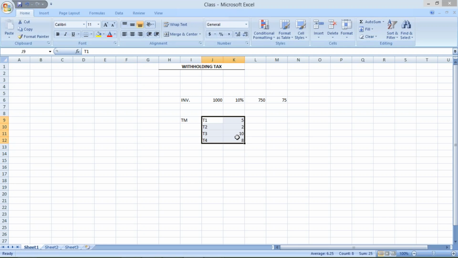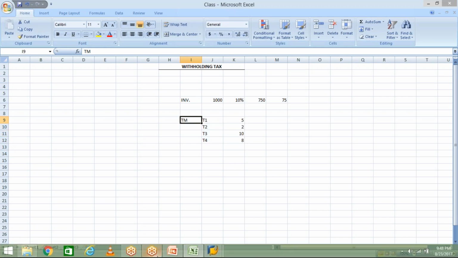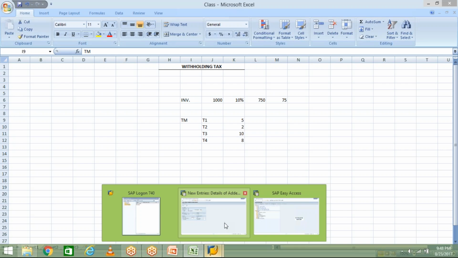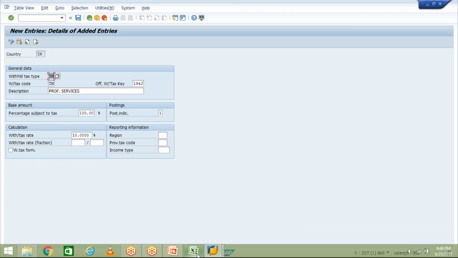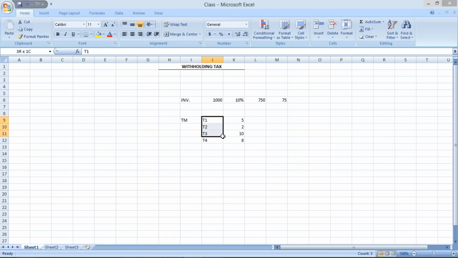So if we have created all these tax codes under this TM tax type, what does it mean? It means we agreed that all the tax codes, all tax percentages, are going to be calculated on gross amount. Got my point?